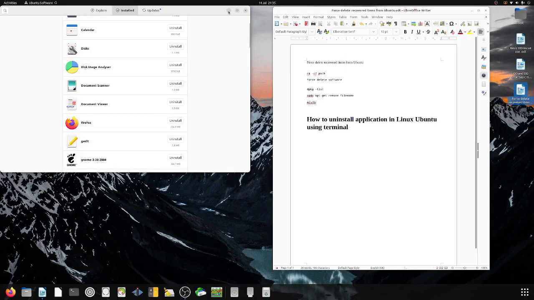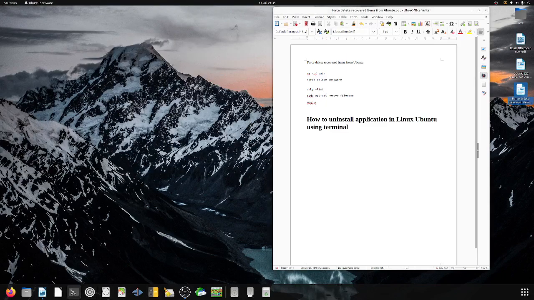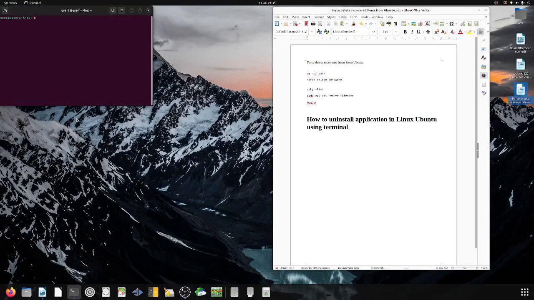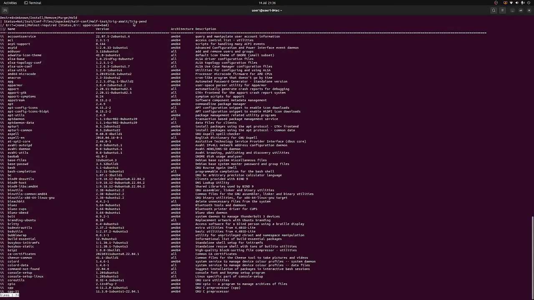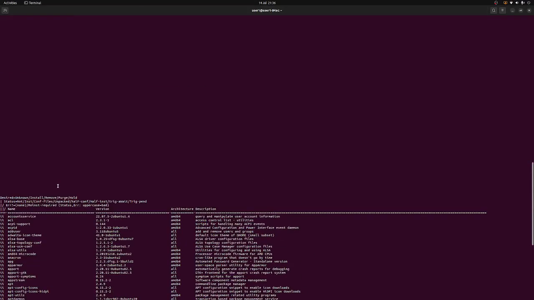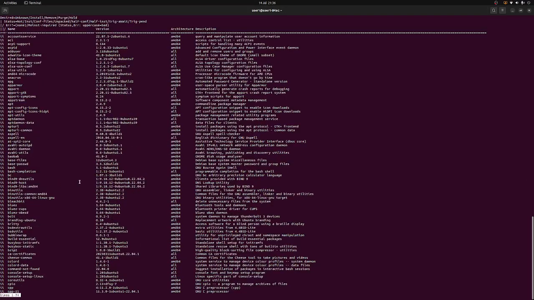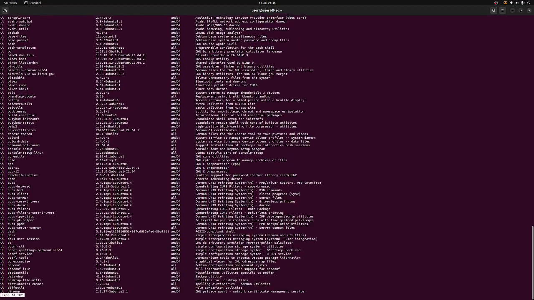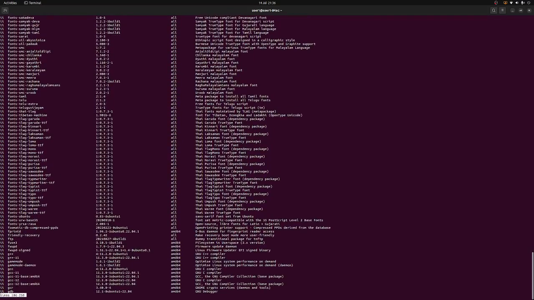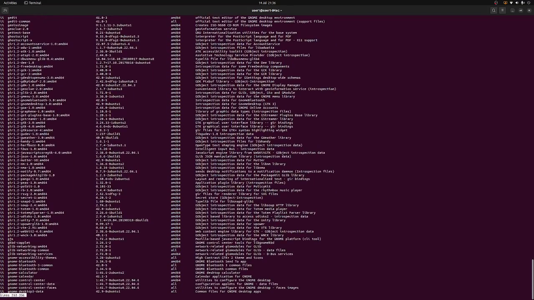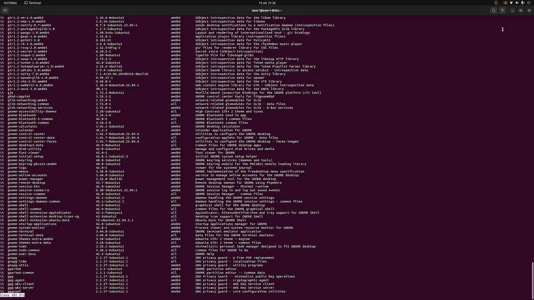So to get rid of it, you just go to terminal. You need to know the exact file name though, so you need to go to dpkg and list it. And it's got a lot of them in this one, so 1 to 74. So you just press enter on it, and it's going to go down. You'll go all the way to Q. I've actually already done it though, so I won't bore you with going all the way through it. So I'm just going to close it down